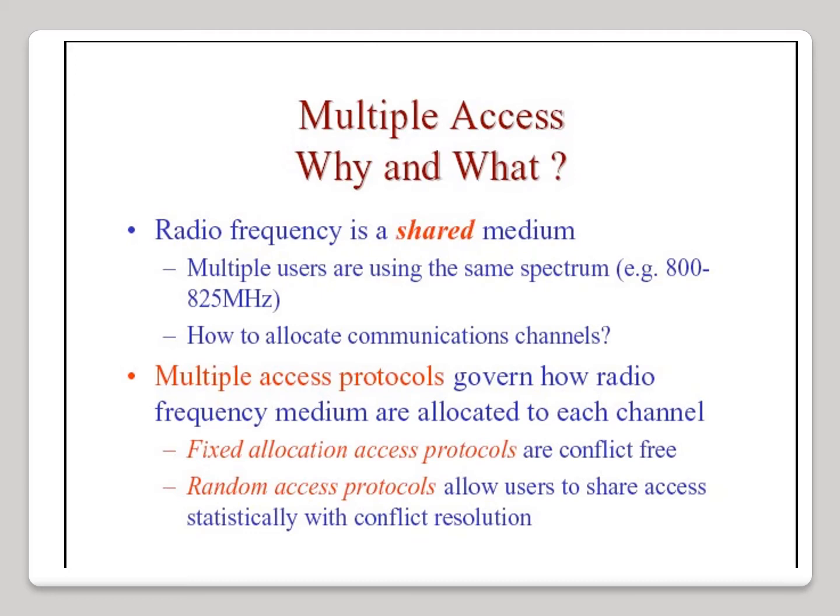Now consider the possibility of different sources. Suppose we have different sources and we want to transmit all these signals to a single destination. Then there is a need for multiple accessing. We have to access different sources. So that is what is meant by multiple accessing. Multiple access protocols can be fixed access protocols or random access protocols.